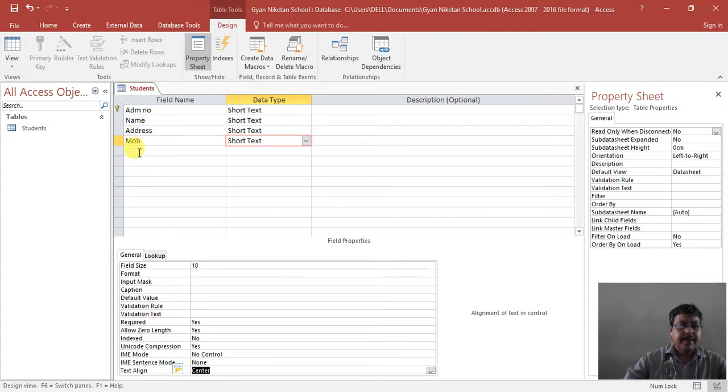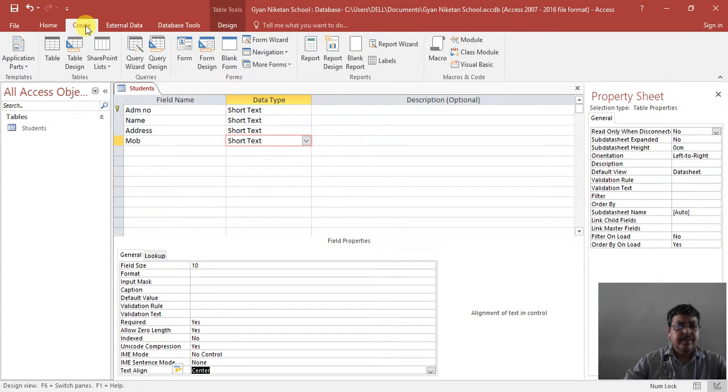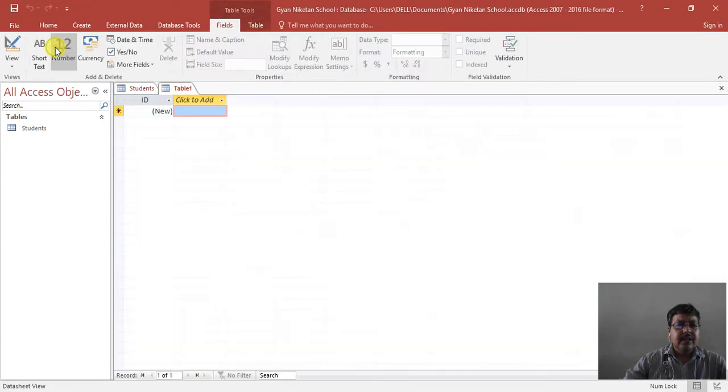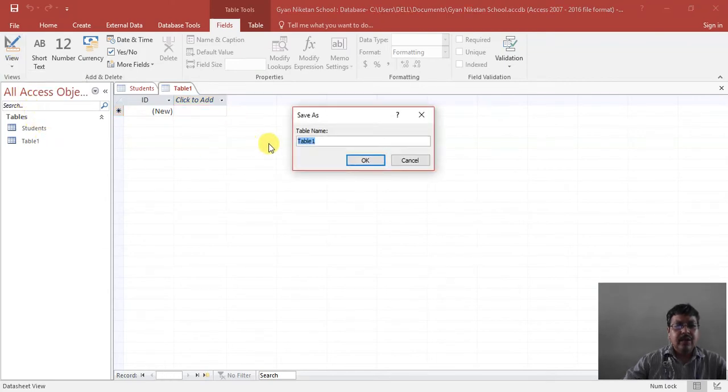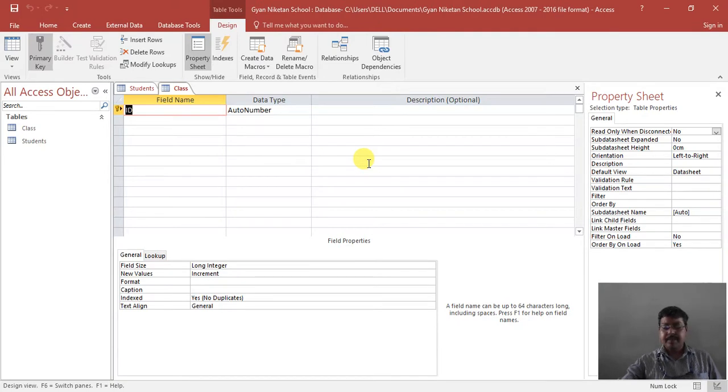This is the first table I have created. Then if you want to create more tables, you have to click on create button. Click on create, and again click on design view, and name the table class, then click on OK button.